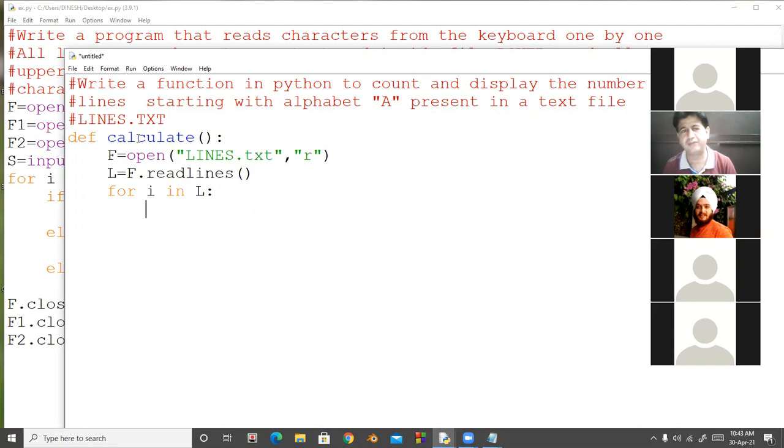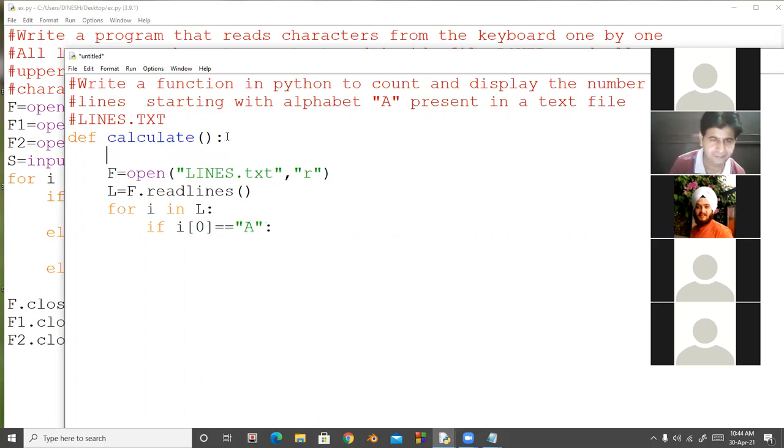One by one, all the lines will be saved in I. Then I will check if I[0], the first element, is equal to capital A. In that case, we will declare one variable count here, and we will increment the count by plus 1.